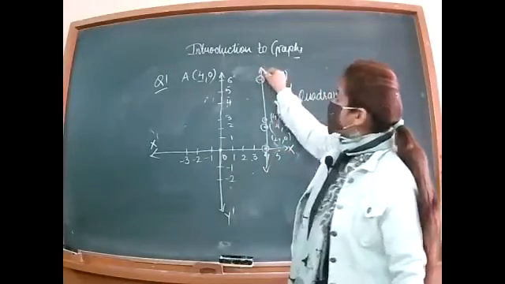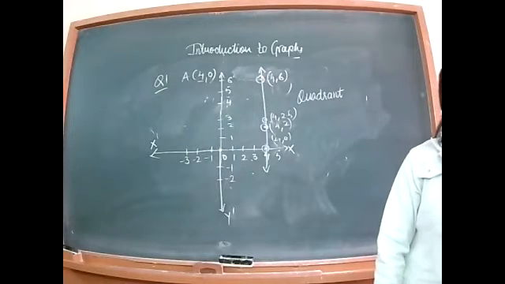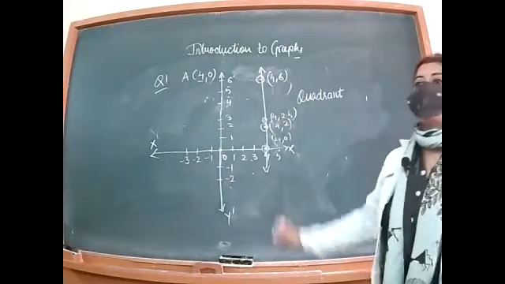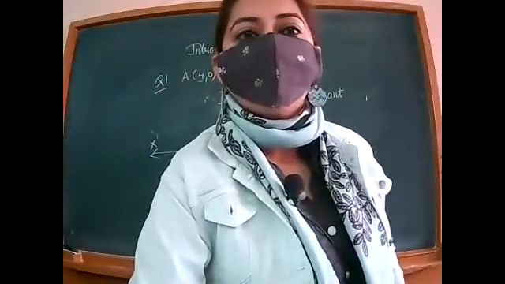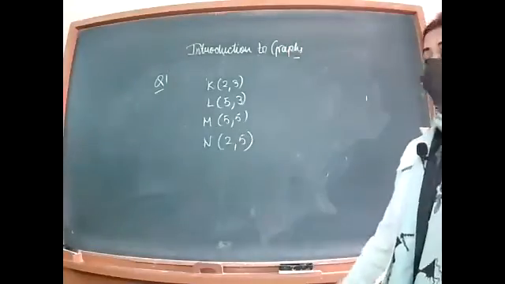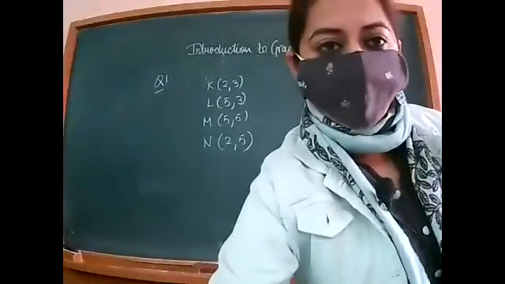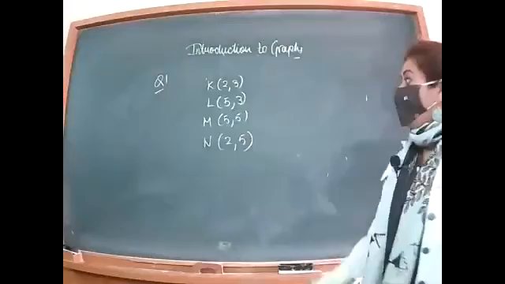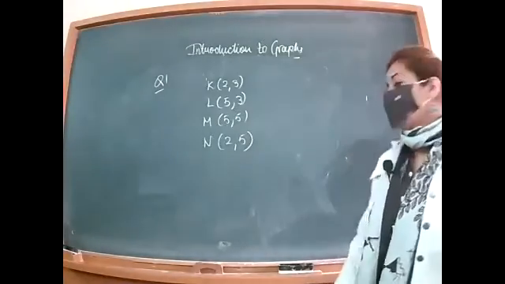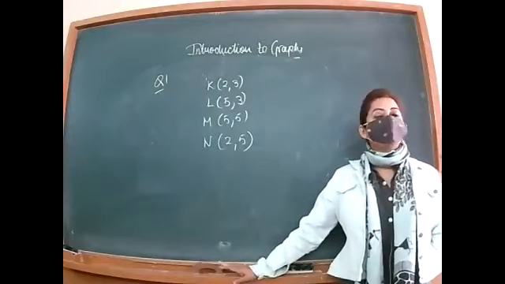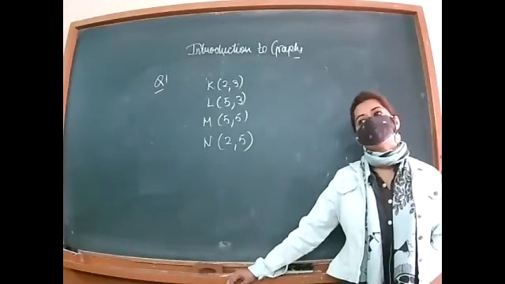They will surely pass through one straight line because the 4 is common. Actually, the x coordinate is the same in all the points. That's why they must pass through a straight line. Now plot these 4 points on the graph and check whether they pass through a straight line or not. After joining these 4 points, you are getting a rectangle. In the question, you are asked whether they pass through a straight line. So the answer is no, they do not form a straight line.